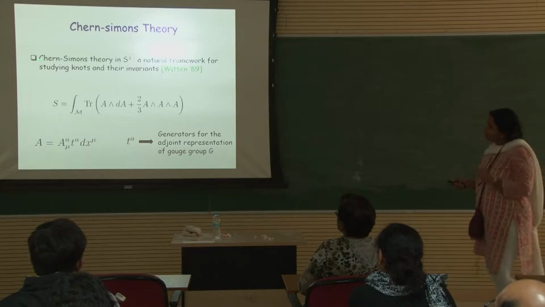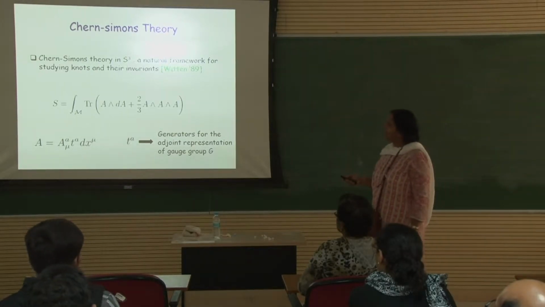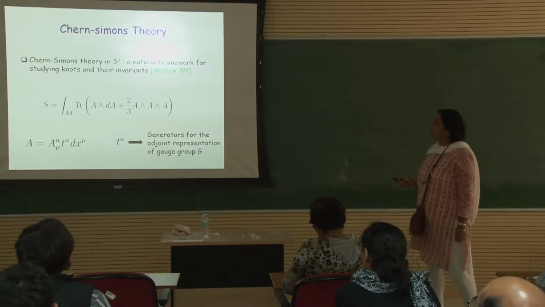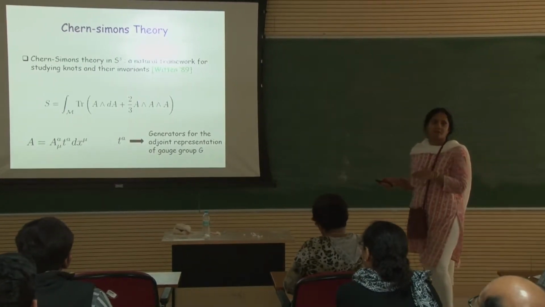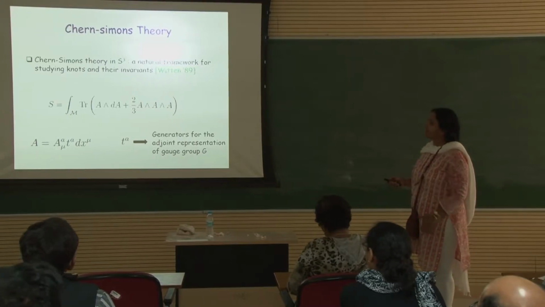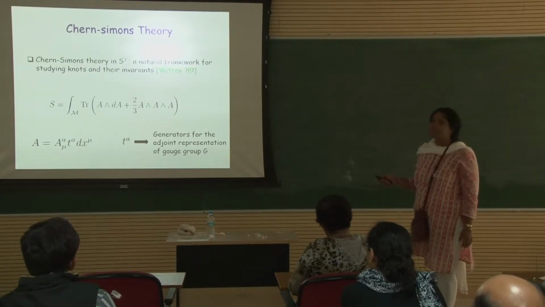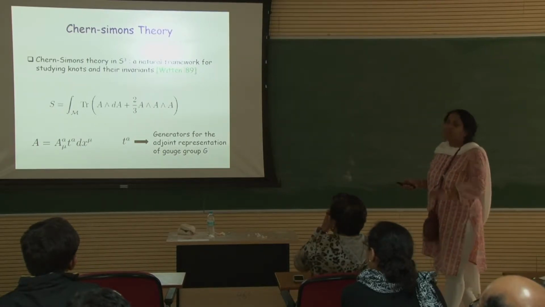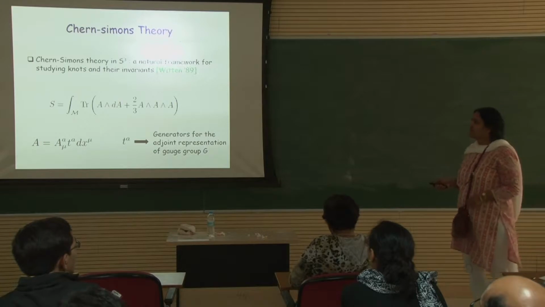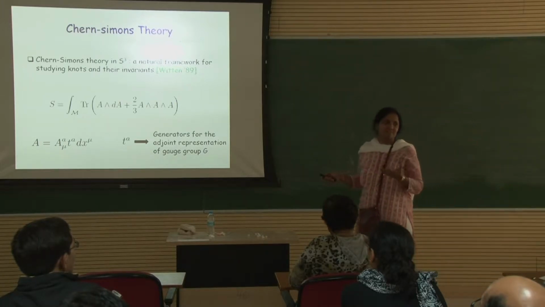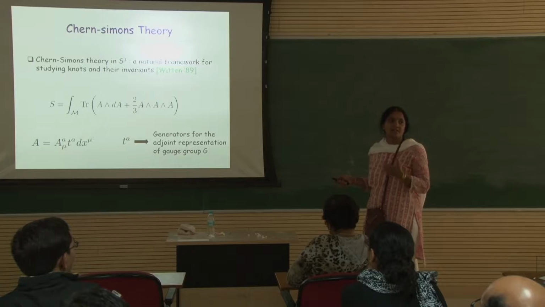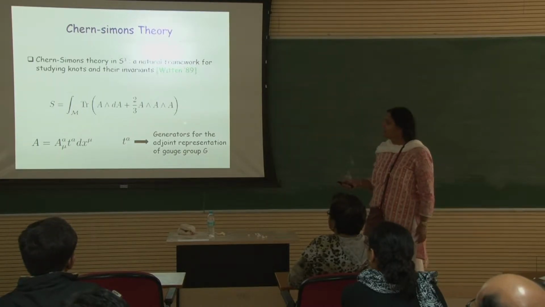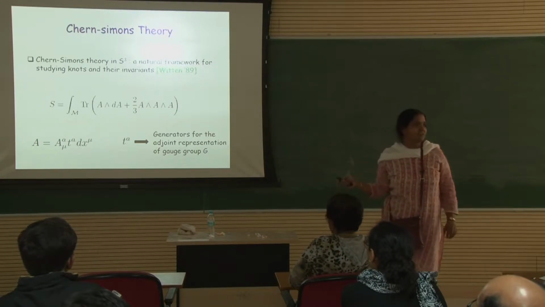So, typically you need a 3 manifold and we will confine to a 3 sphere S3. So, this provides a very natural framework where we can put objects like knots inside the 3 sphere and study their invariance. So, typically when you ask any quantum field theory person, they will say what is the action. Okay. So, that is the way any physicist will ask. So, action is nothing but a 3 form on a 3 manifold here,